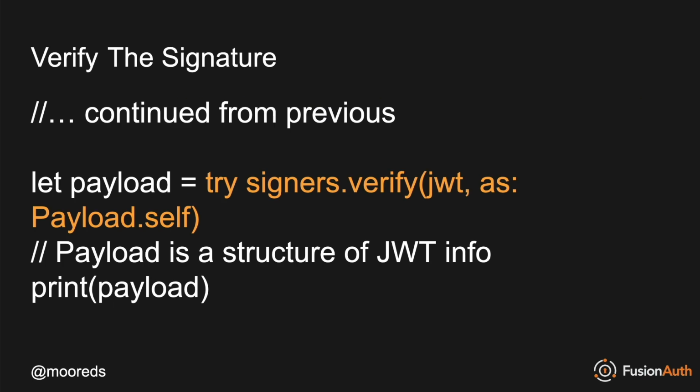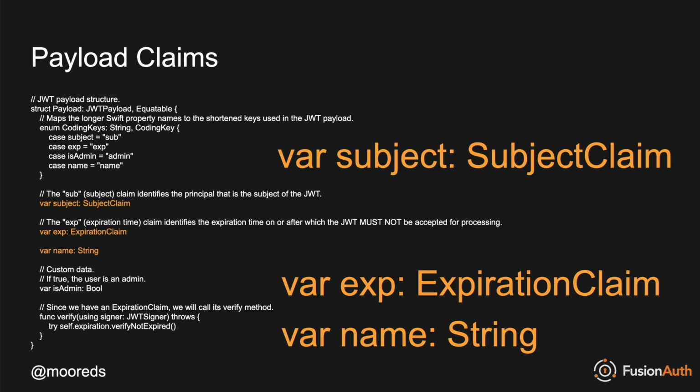This is the important bit, right? We've gotten the verifier and we've passed in the public keys, and now we're passing in the token, and we're going to load it into a structure. Here's what the structure looks like. In this case, we have a couple of different claims. The subject is an identifier for the end user, and this is something that should be immutable over time,